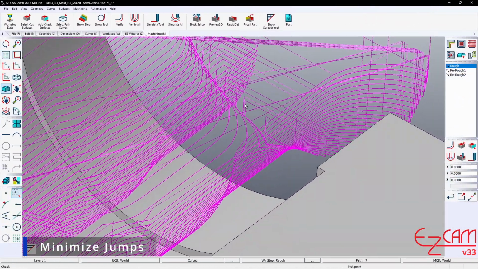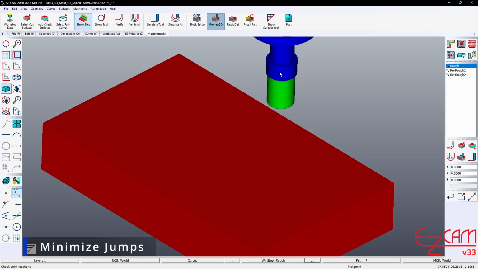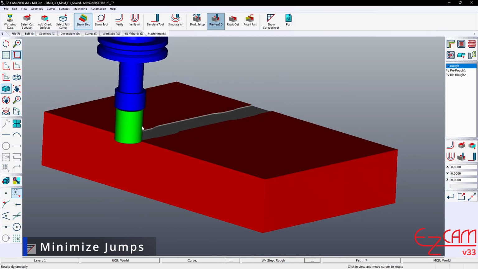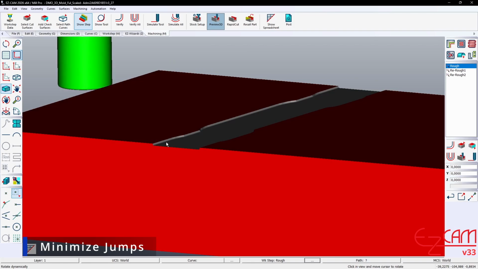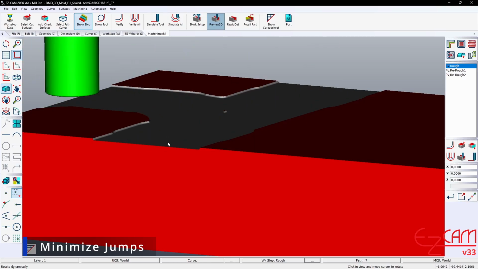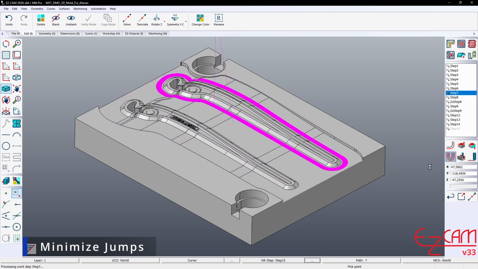Minimize jumps. There are also improvements to Z-axis movements in the 2026 version. This is a very important enhancement. In previous versions, the tool would automatically retract to high clearance levels at every pass. This caused serious time loss, especially in complex operations with many passes. With 2026, these unnecessary high lifts have been eliminated. Now the tool rises only to the safe distance it actually needs. The system analyzes the most efficient path for each pass and lifts only to the necessary height. This shortens tool paths and provides significant time savings, especially in operations with many passes.